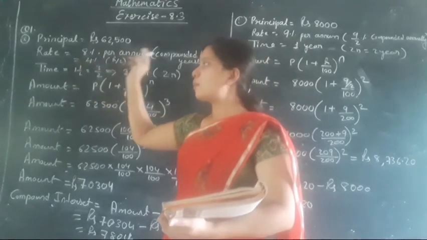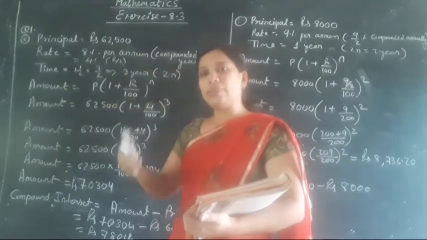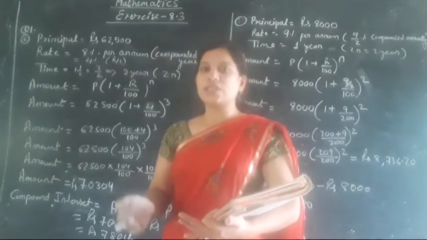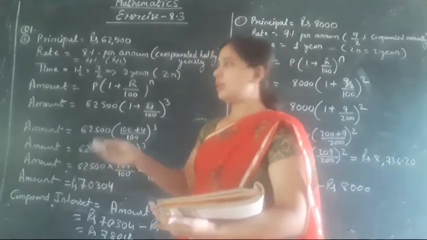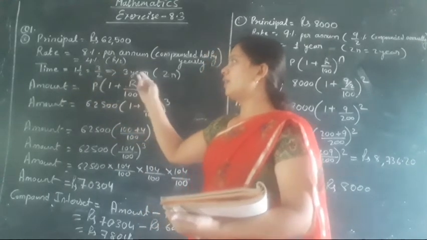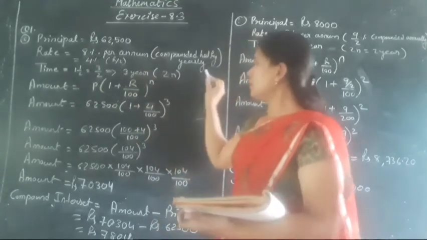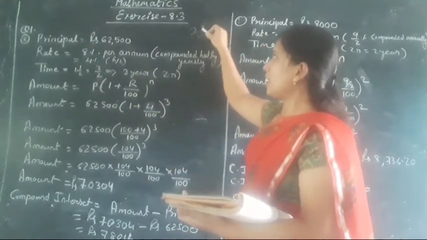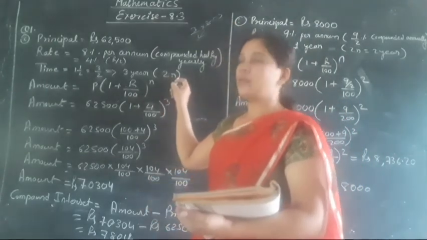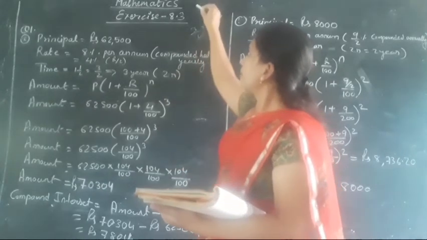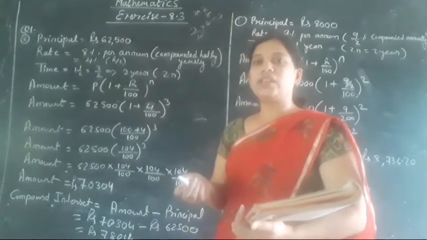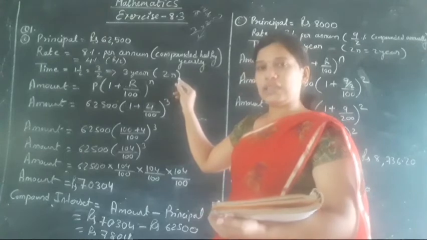Similarly, when we say compounded half yearly, the time becomes double. For example, if the period is 3 years and it is compounded half yearly, the time becomes 6 years. So here 3/2 is the mixed fraction; 3/2 divided into 2, that means 3/2 came. As time is double, here 2 will get cancelled and you will get 3 here, as 2n is there, n is the time. So 2 into n is 3/2, 2 will get cancelled and you will get the required answer as 3 years. Understood?